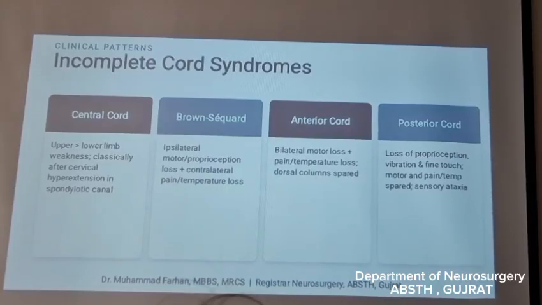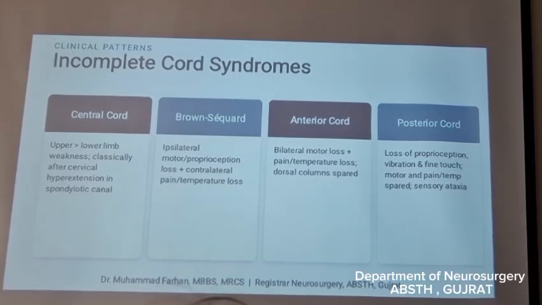Then the incomplete spinal cord injury can be described into different syndromes such as the central cord, Brown-Séquard cord, anterior cord, and posterior cord. So we'll describe one by one. The central cord syndrome, in which the central part of the spinal cord is usually affected, and usually there is upper limb weakness more than the lower limb, and classically after cervical hyperextension, spondylotic canal, and usually occurs in